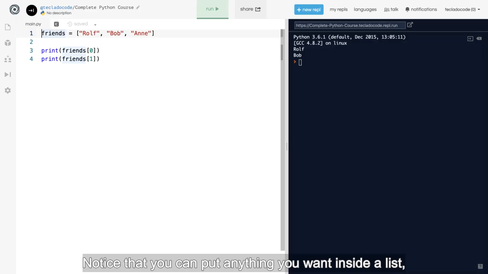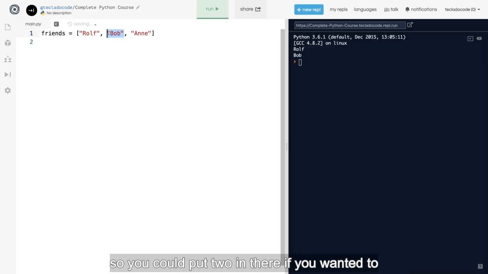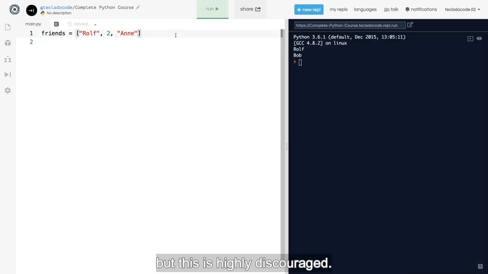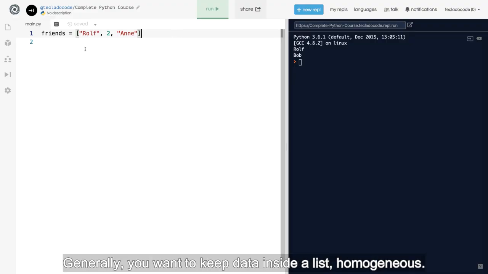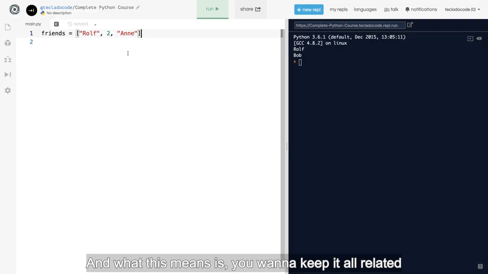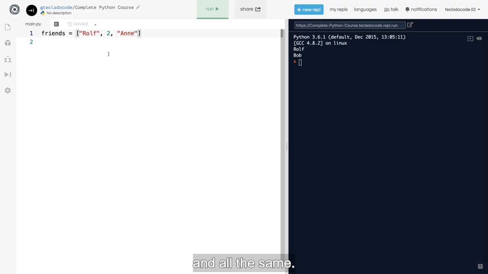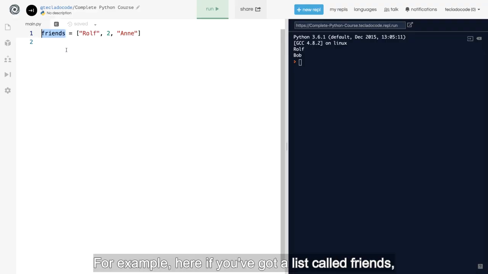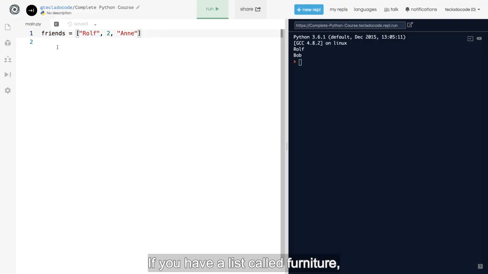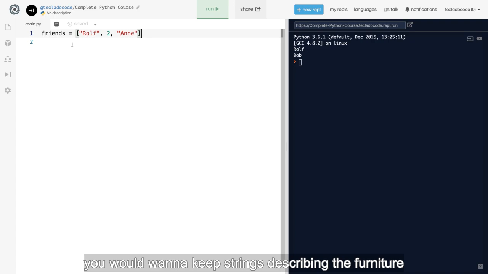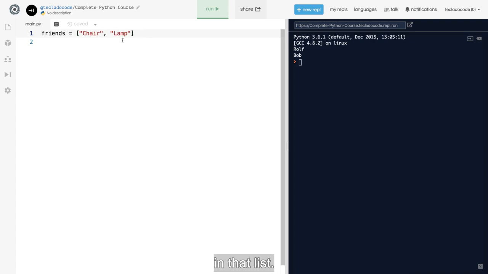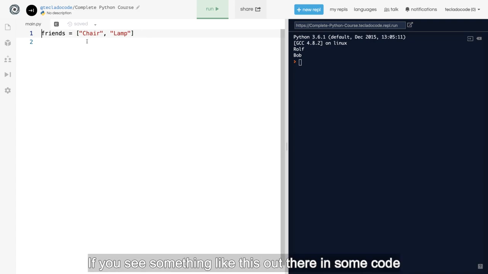Notice that you can put anything you want inside a list, so you could put 2 in there if you wanted to, but this is highly discouraged. Generally, you want to keep data inside a list homogeneous, and what this means is you want to keep it all related and all the same. For example, here if you've got a list called friends, you probably want to keep your friends in that list. If you have a list called furniture, you would want to keep strings describing the furniture in that list. If you see something like this out there in some code that you read somewhere else, it probably means that the programmer in question started writing